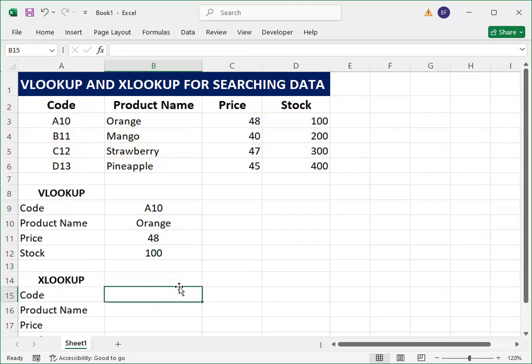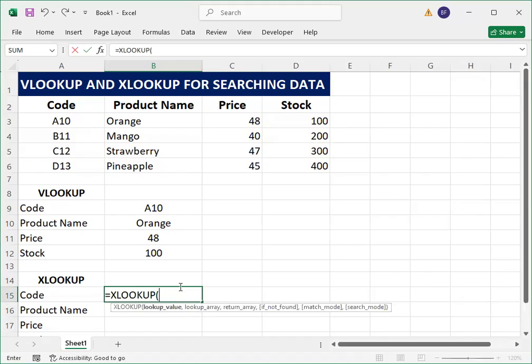functions. Now let's go to the XLOOKUP, which is even better. It can search both left and right. Understanding this function can save time when working with large data sets. So how does it look? It looks like this: XLOOKUP.